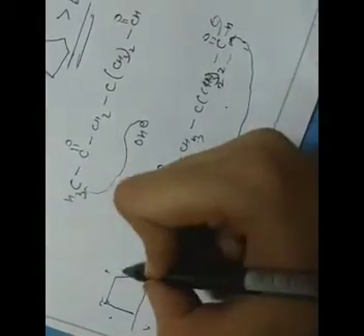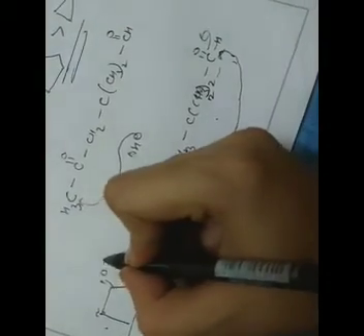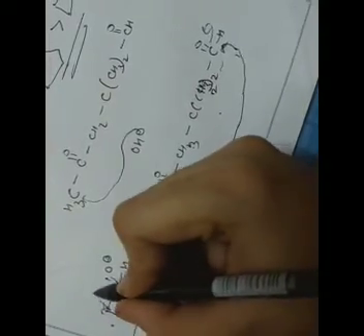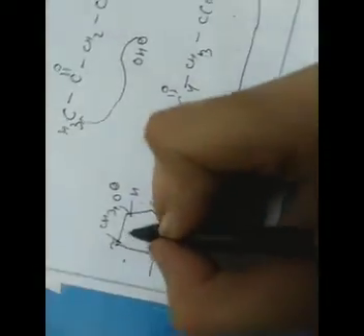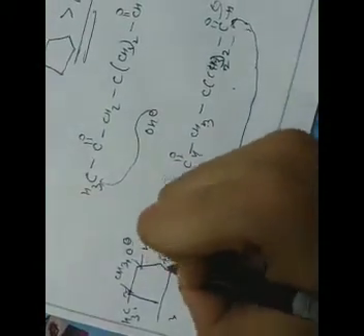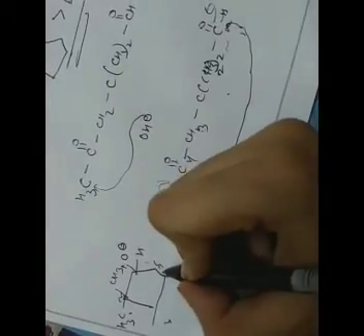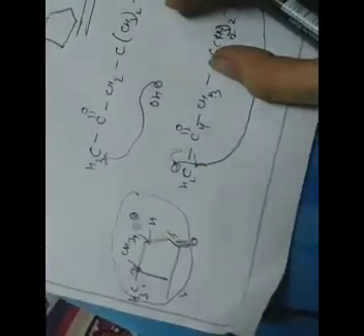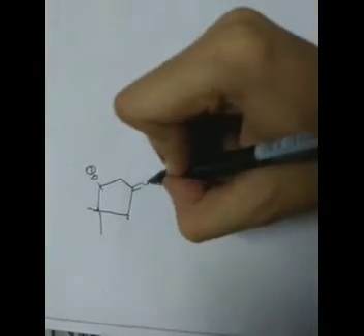So on the first carbon we have O negative and H, right? On the second carbon we have 2 CH3 groups. On the third carbon we have CH. On the fourth carbon we have a carbonyl, right? And on the fifth carbon. So this is the thing which is formed, right? So this was it. O negative, 2 CH3 groups and 1 carbonyl.